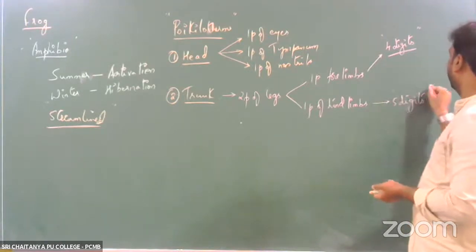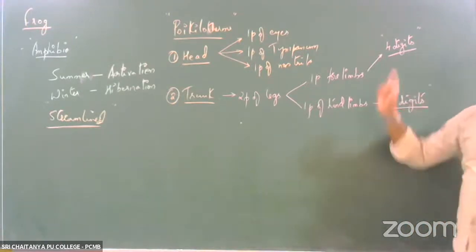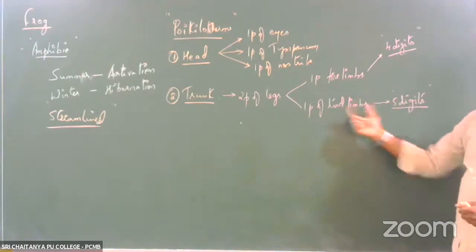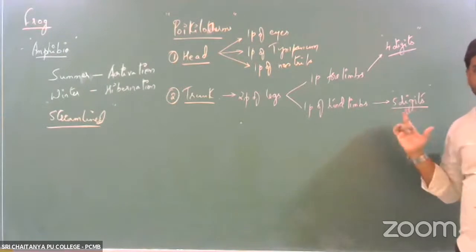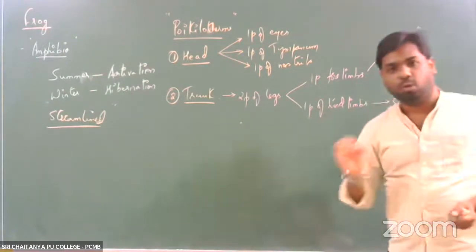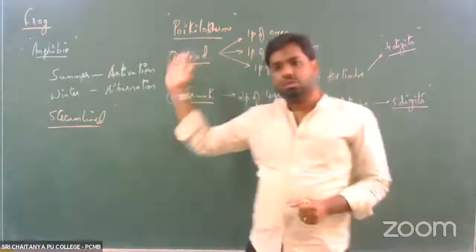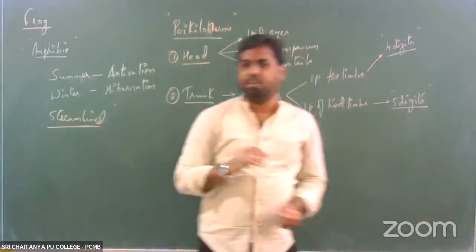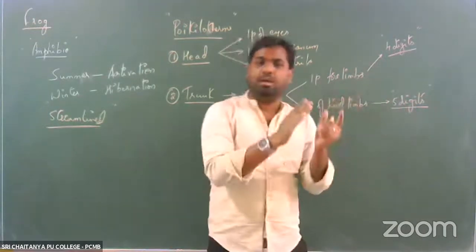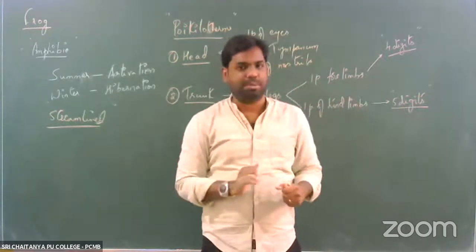Right? So this is one important thing you need to remember. The forelimbs of frog have only 4 fingers, while the hind limb of frog has 5 digits. Now, one important thing we need to remember whenever we talk about forelimbs in case of frogs: these organisms are said to be sexually dimorphic organisms. Right? So we know what exactly sexual dimorphism means. Male organism is separate and the female organism is separate.